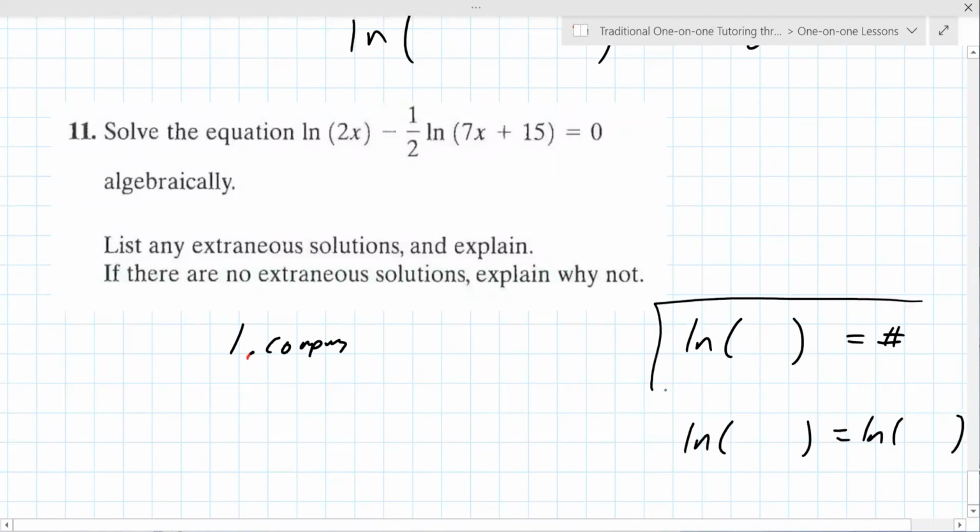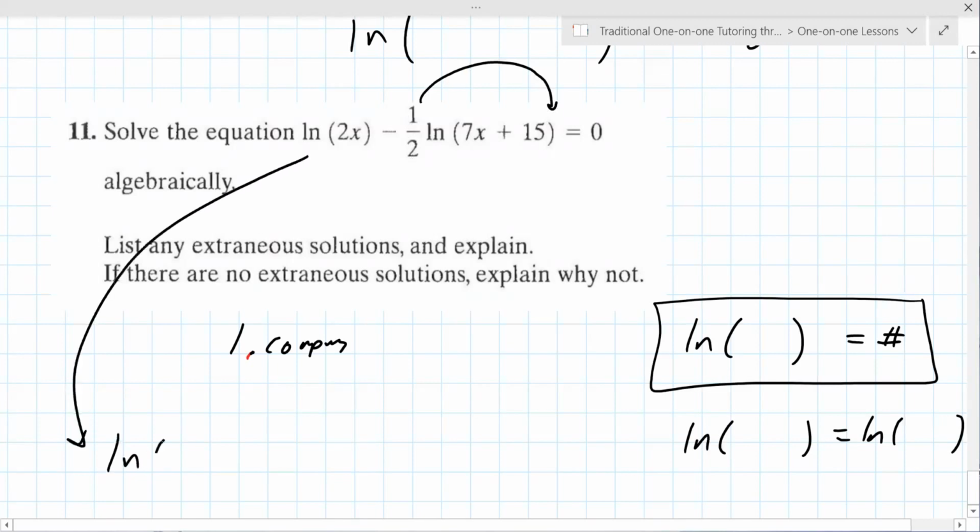In this case, you want to get the natural logs compressed, and to do that you have to undo the rules we did before. The first thing you undo is the power rule, so the number in front becomes the exponent. So if I bring this down here: natural log 2x minus natural log of 7x plus 15 to the 1/2 power